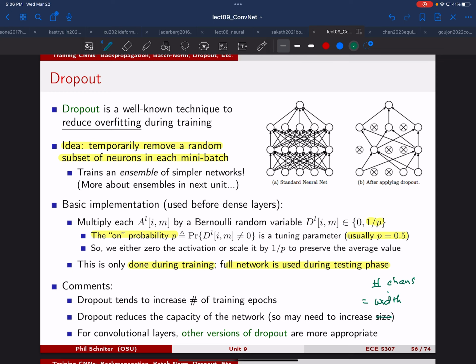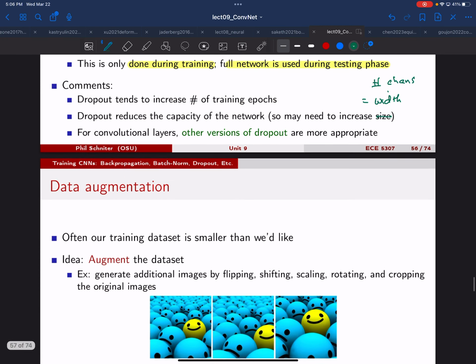You don't want to increase the depth. The depth is something you choose in advance, but it's easy to increase the width, the number of channels, when you use dropout. Okay, so finally,